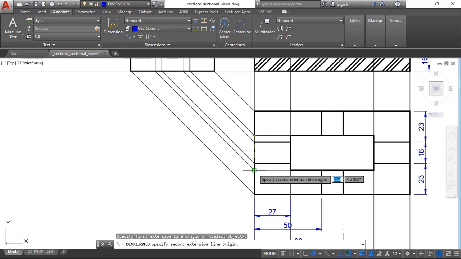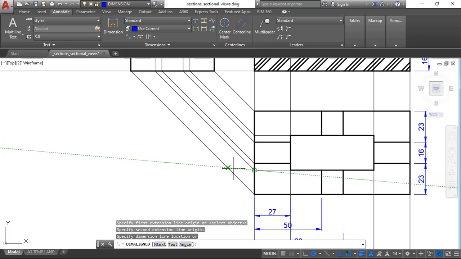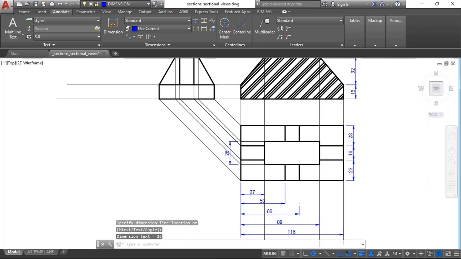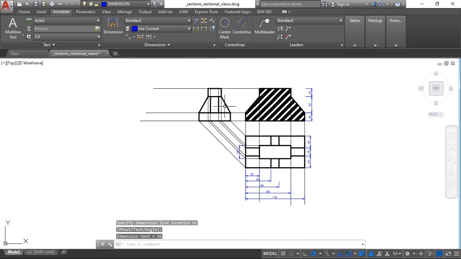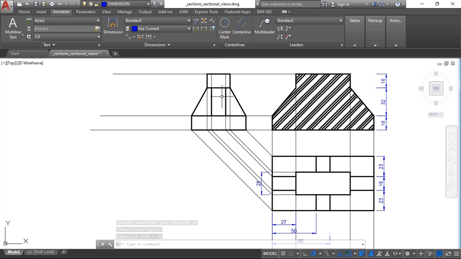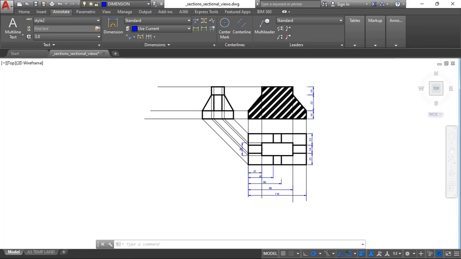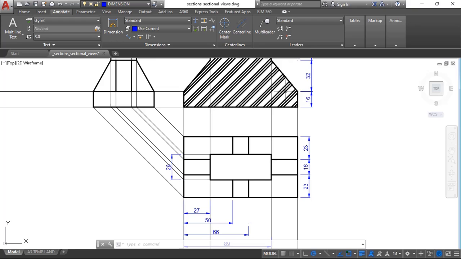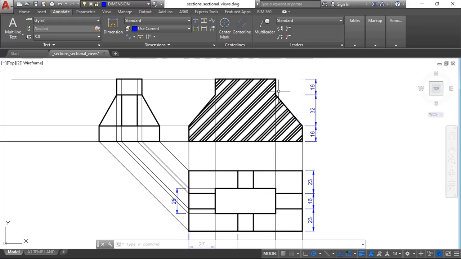So from here to here is 26. Okay, so the end is just like that. So you are done with the dimensioning,